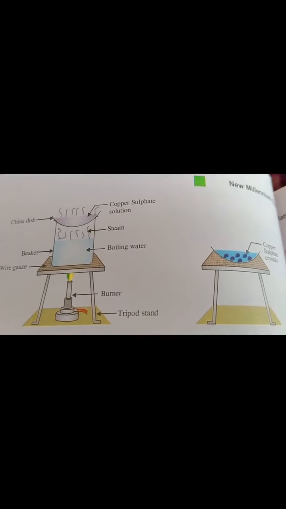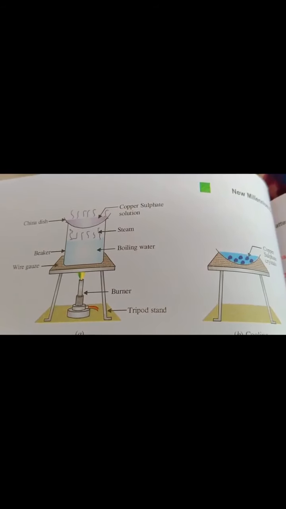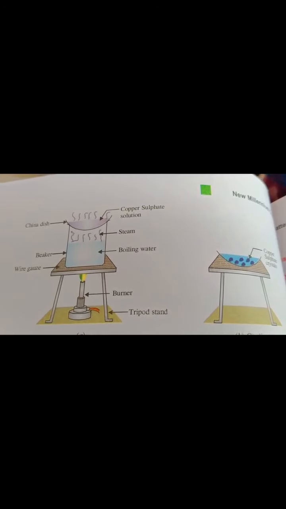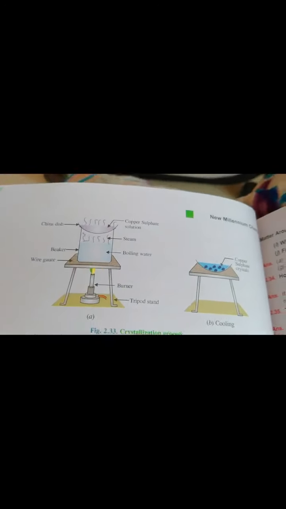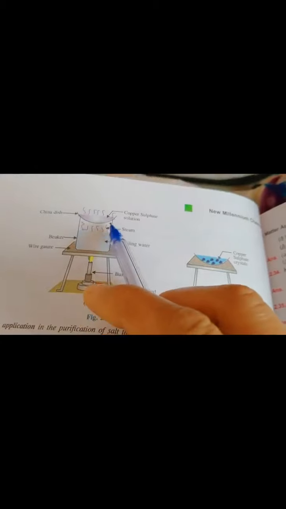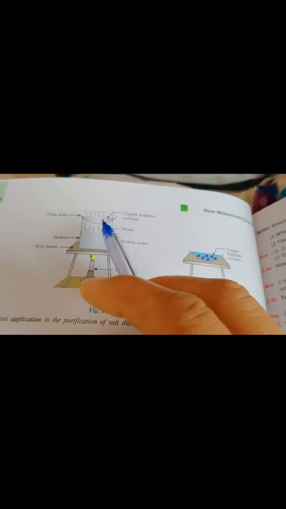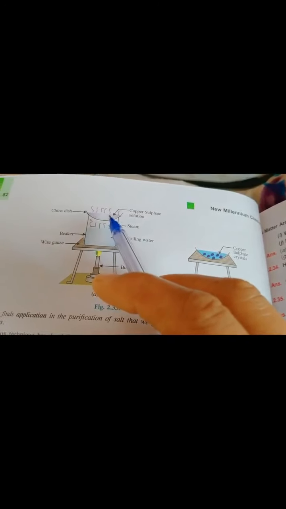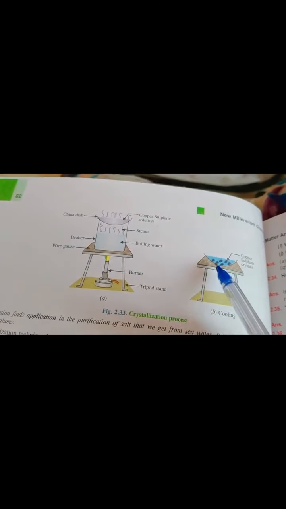Again back to the separation methods. This is the diagram for the separation of compounds under the heading crystallization. Crystallization is done rather than vaporization, as in vaporization we were heating in the same manner and the remaining residue as solid would remain. Here during crystallization we will heat and boil a solution of solid in liquid. What will happen? A saturated solution will be prepared. Then we can keep the saturated solution of the mixture aside. After some time,